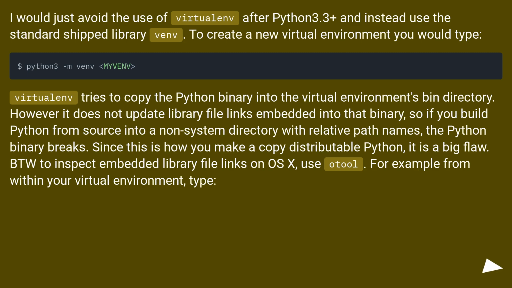virtualenv tries to copy the Python binary into the virtual environment's bin directory. However, it does not update library file links embedded into that binary, so if you build Python from source into a non-system directory with relative path names, the Python binary breaks. Since this is how you make a copyable, distributable Python, it is a big flaw. BTW, to inspect embedded library file links on OS X, use otool. For example, from within your virtual environment, type